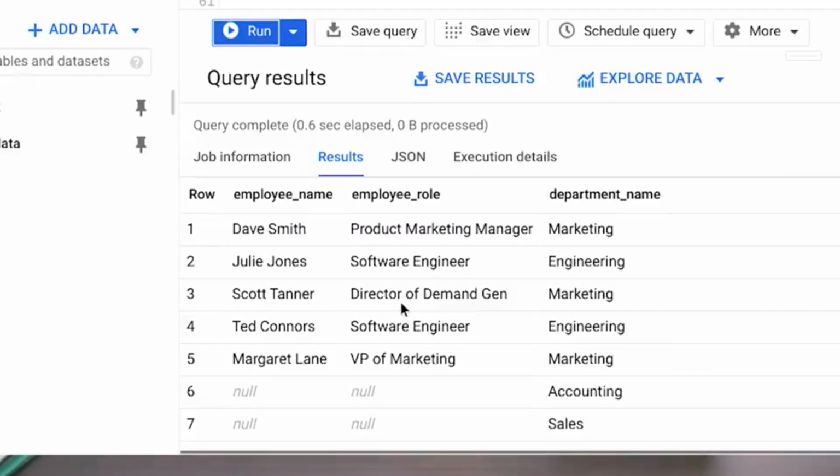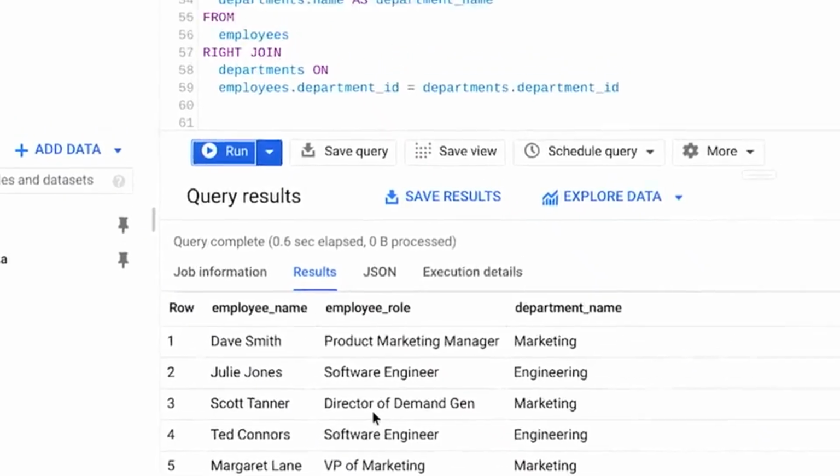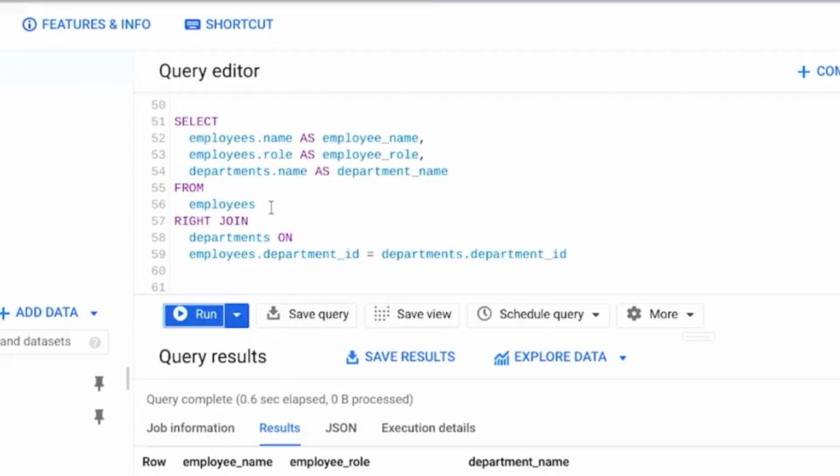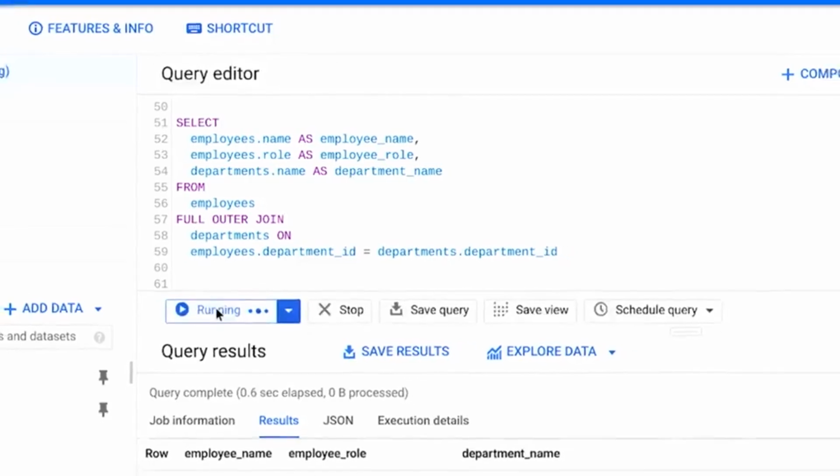Now, let's try out one last join, outer. Outer join will fetch all of the employee names and departments. Again, this query will start a lot like the other ones we've done. We'll use select, as, and from to choose what data we want and how. We'll grab this from the employees table. Input full outer join with the departments table to get all of the records from both. We'll also use on again here. Now we can run this.